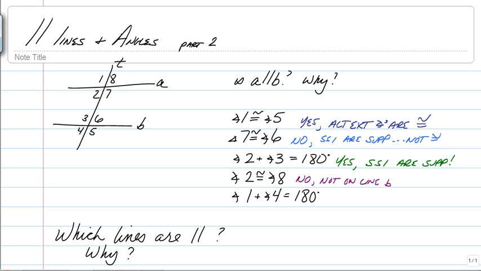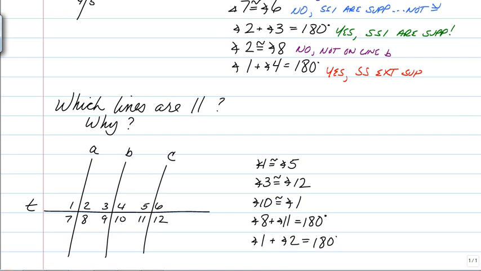Last one. Angle 1 and 4 add up to 180. And if you said yes, because same side exterior are supplementary, you are correct. All right? So that's that for that first example. Next one